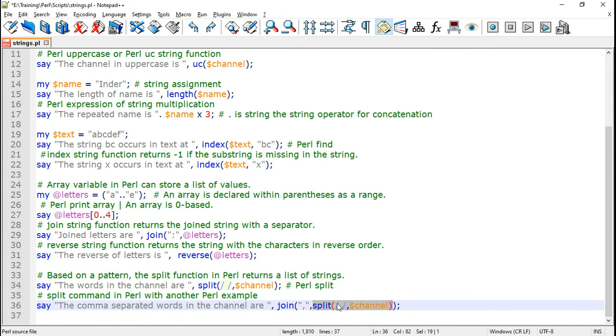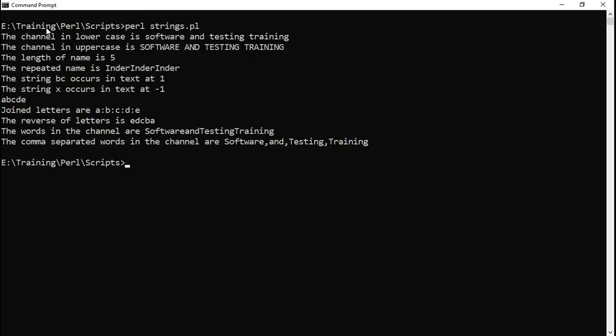So this whole thing becomes a string, an argument for join, and the separator in join is comma. Now let me save it and run it. Now here we can see that split has taken each word, software and testing training, and what join has done is it has separated the words with comma.